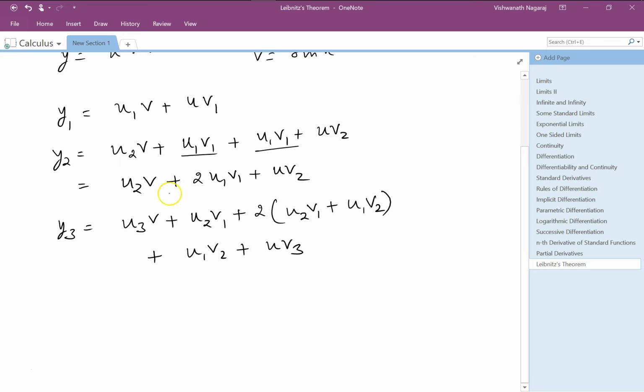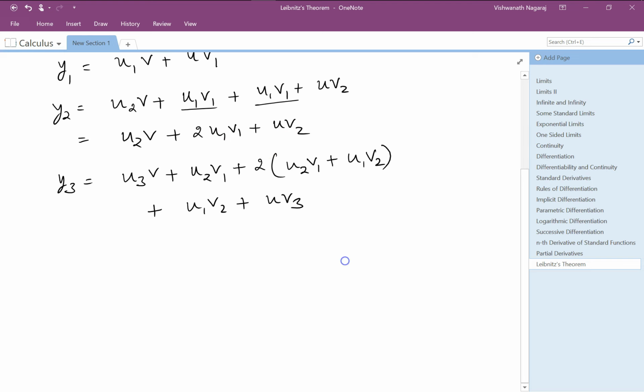Just take it systematically, each one of these, to find the third derivative. u3v plus, if you notice, these are like terms, so 2 plus 1, 3 u2v1 plus, and these are like terms, so 2 times this and 1, so 3 u1